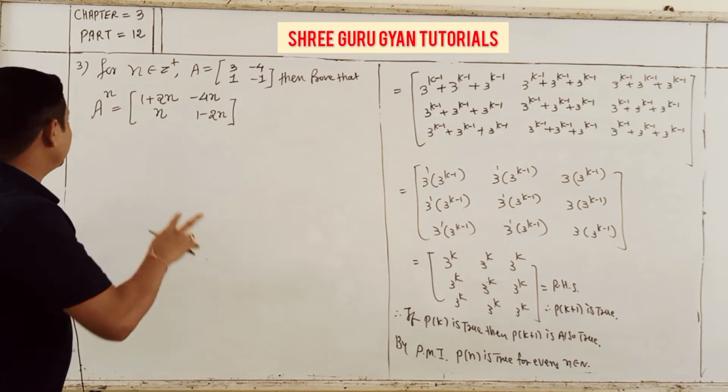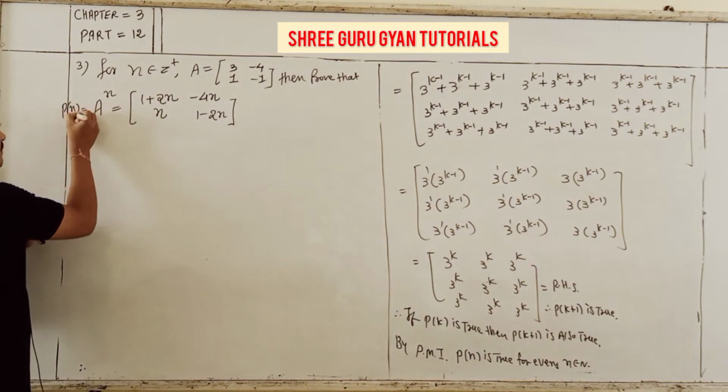Very easy. This is your target. You will write that as P of n. And step 1,